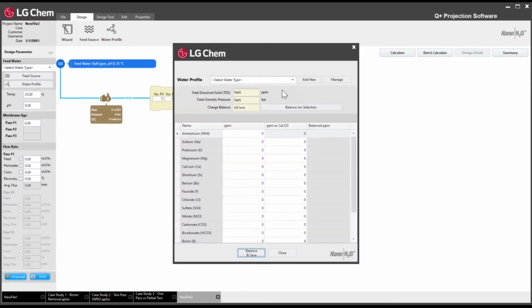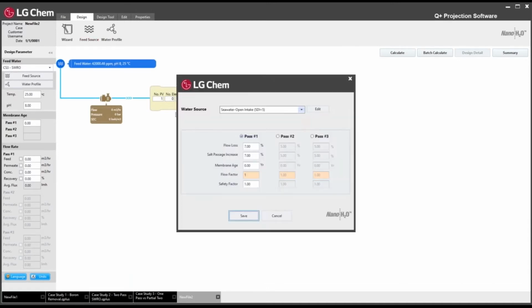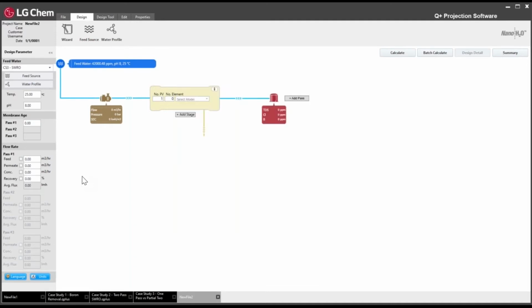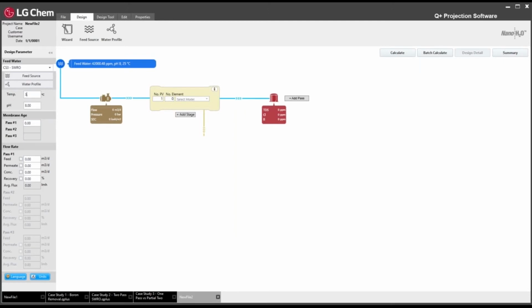So the water profile, again, we need to enter the water profile information. I'm going to go to the drop down and select our case study 3, our feed source, seawater well. Our units, I'm going to be changing this to meters cubed per day, selecting the maximum temperature,